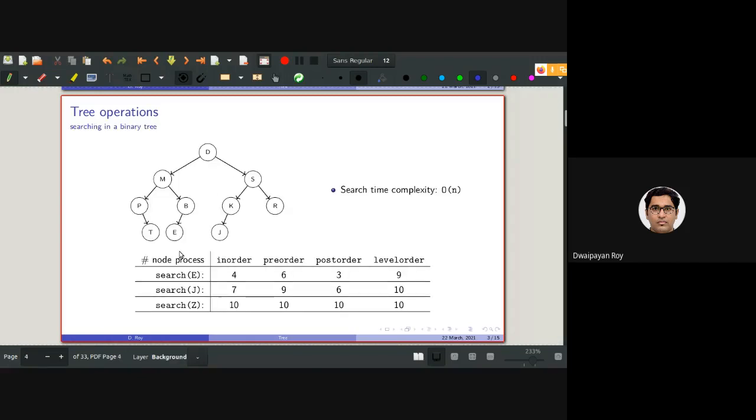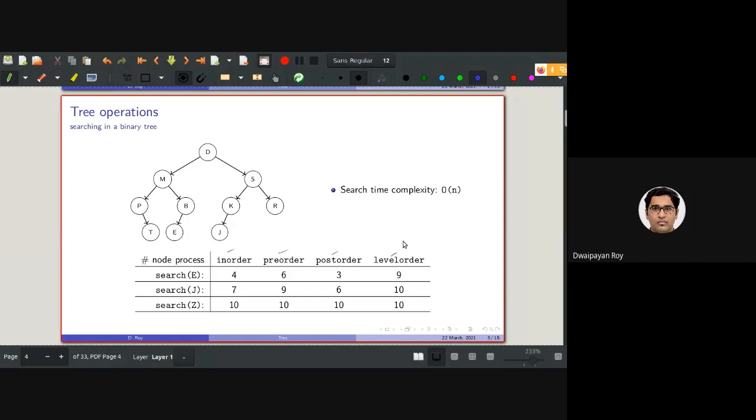In the last class, we discussed the search time complexity. To search in a binary tree, the ways we can do that is using some kind of traversal: in-order traversal, pre-order traversal, or post-order traversal. Along with that, another thing that we have deeply discussed is level order traversal or zigzag traversal.